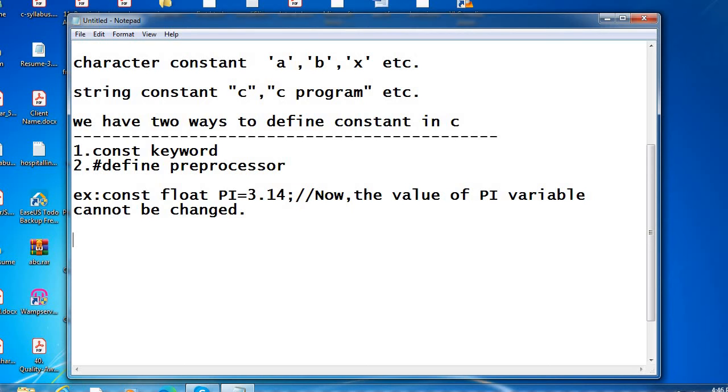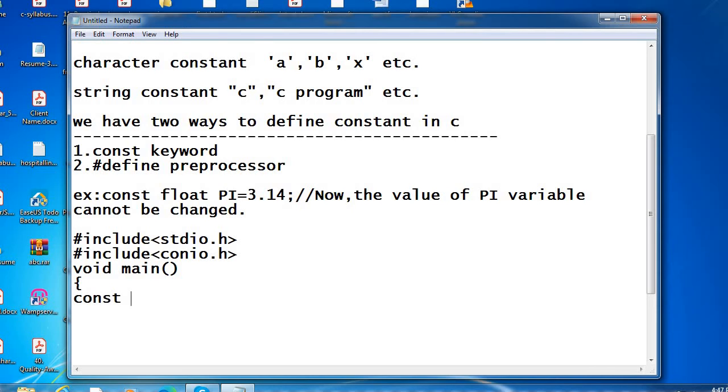Now I am executing the program using constants. #include <stdio.h>, #include <conio.h>, void main. Then you open the bracket, write the const keyword, float, and define the pi variable equal to 3.14.